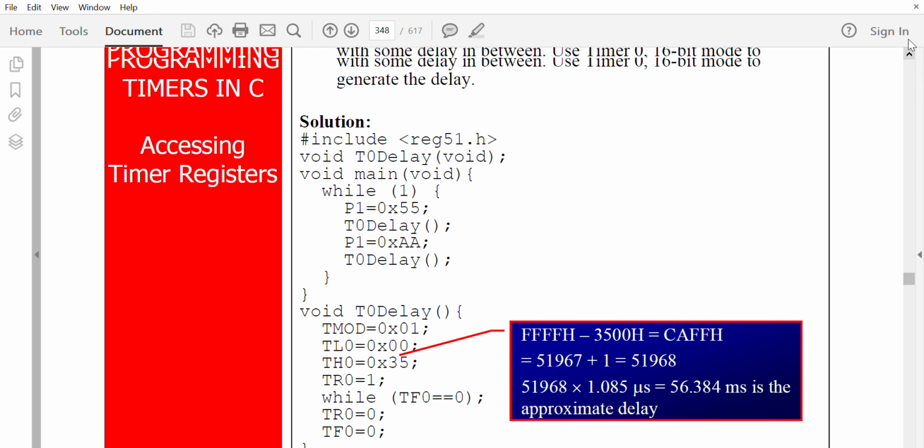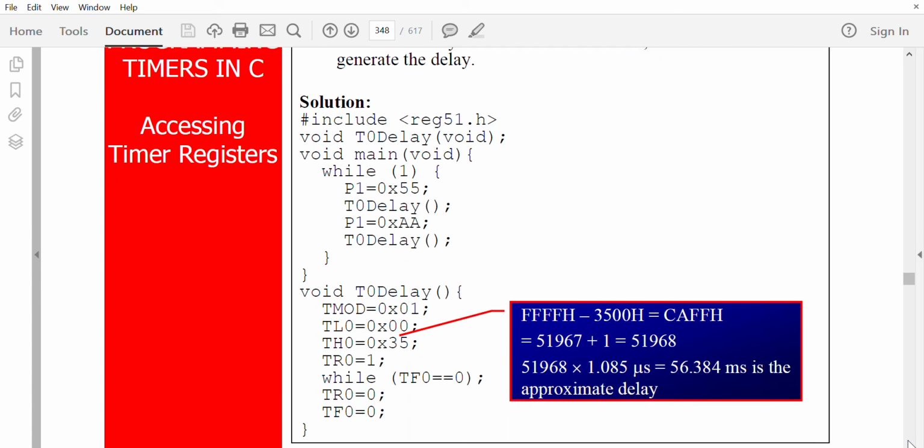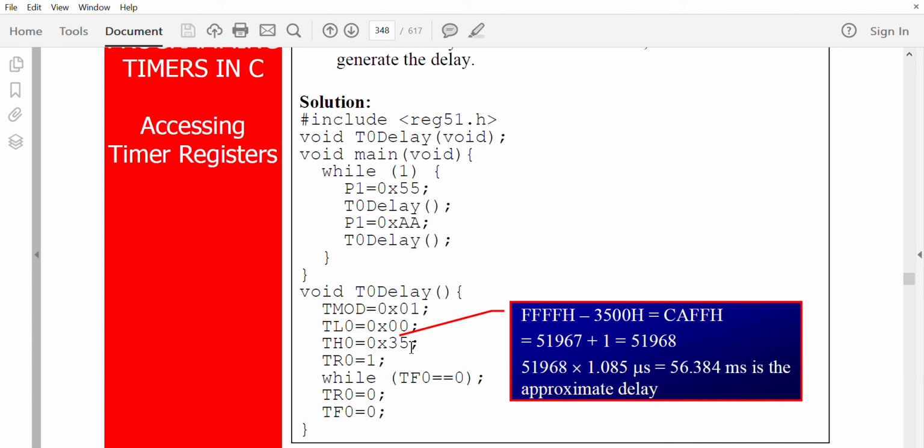So it is 3500. That value is just to give a delay. Whatever delay you want to give, you can give here. So the initial value loaded into timer 0 here is 3500H.